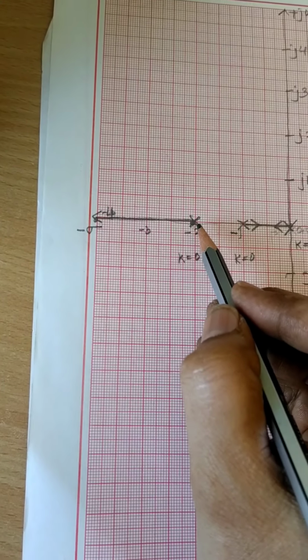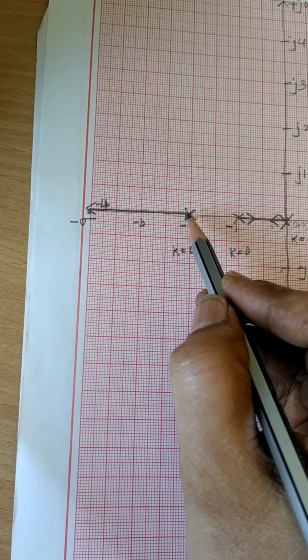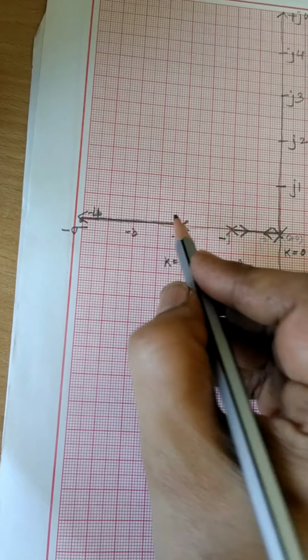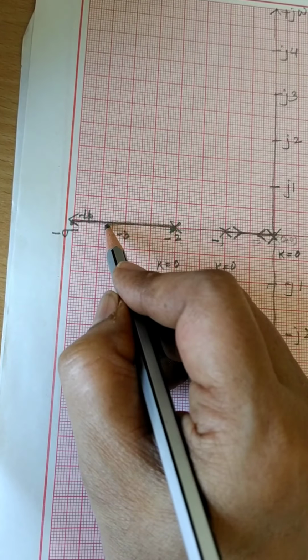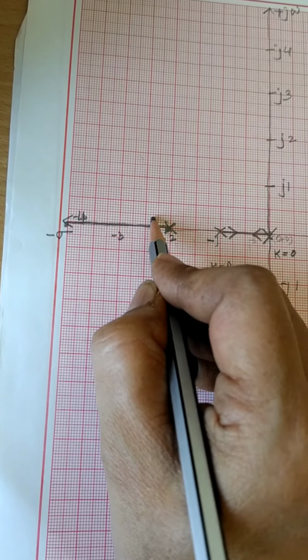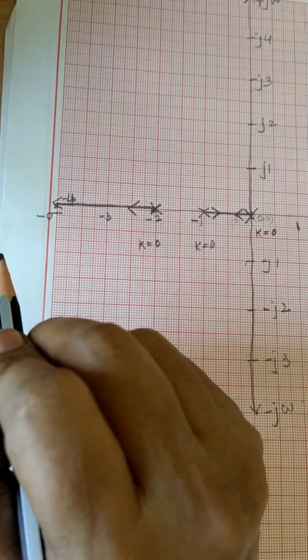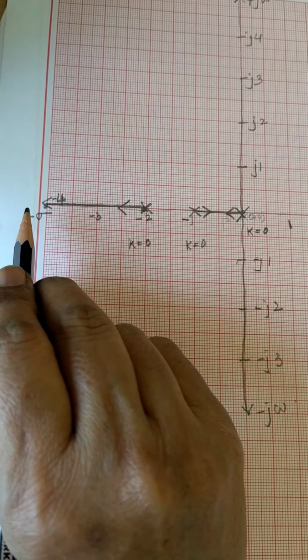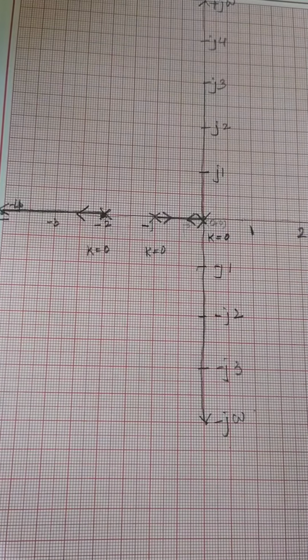Now when we come here, one root loci starts at s is equal to minus 2. It cannot move in this direction, so it has to move in this direction. Because this is part of the root locus on the real axis, it has to move in this direction. Okay, and if we draw the asymptote, one of the asymptotes will be in this direction. So part of root locus on real axis is finished.